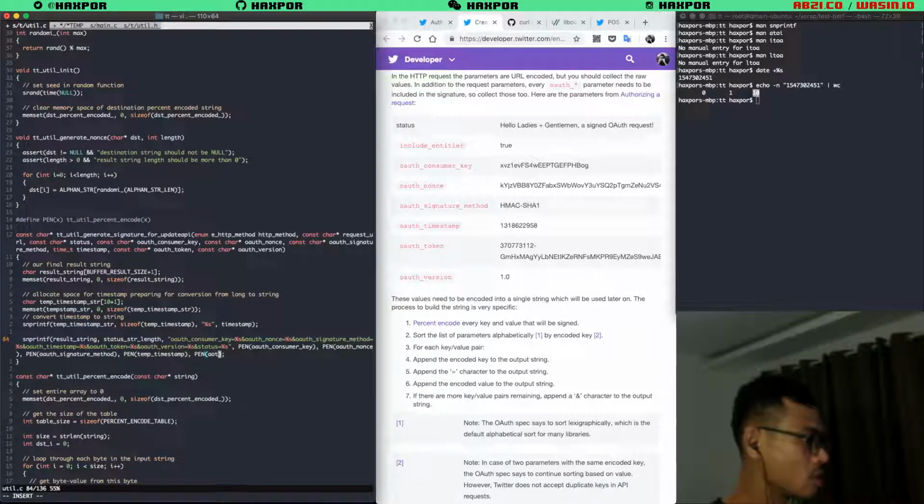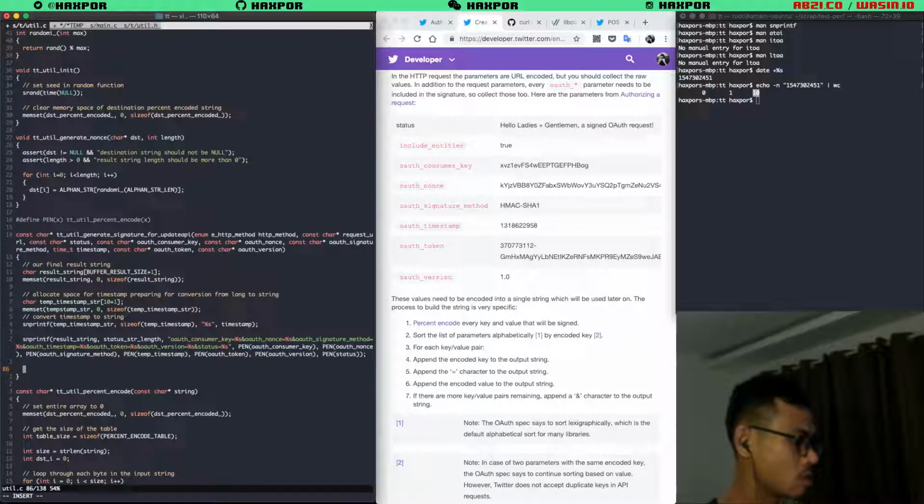OAuth token. What else? OAuth version. And the last one is status. And that's it. So we're gonna just return this thing, resource string, and let's see what's gonna happen.